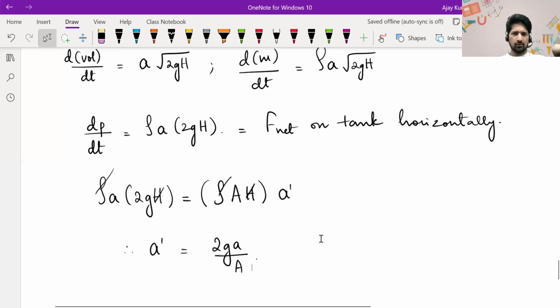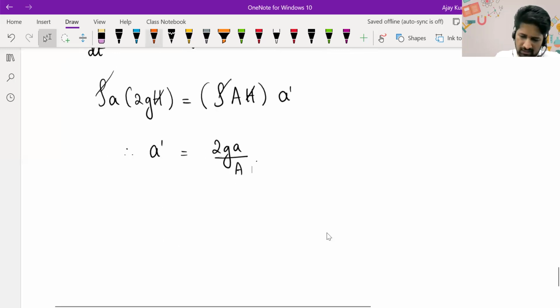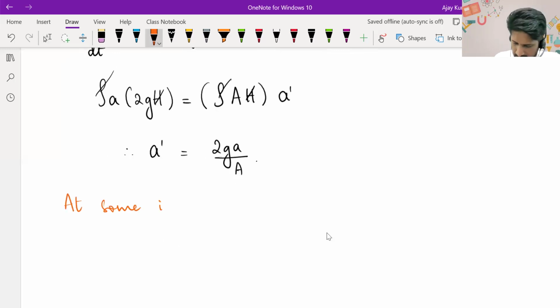After some time also, if you want, you can find out. You need to know the speed of efflux at that time. With speed of efflux, you will write the expression for rate of flow of linear momentum. You will get net force. Based on that, you can get the acceleration. But let's see. If you consider a random instant later, at some later instant,